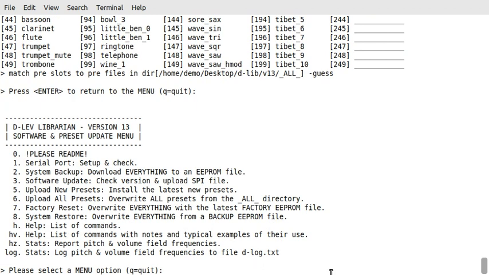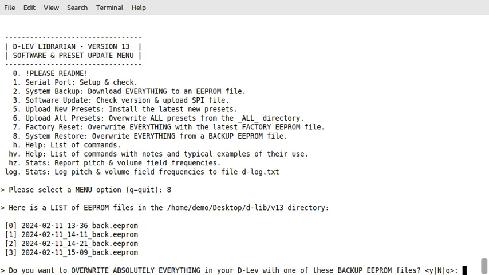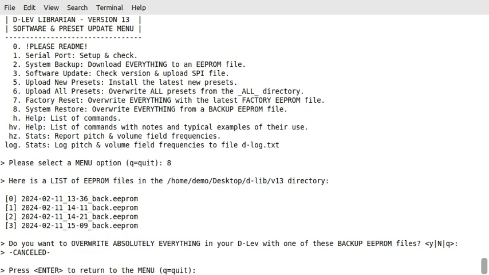So, let's see. I want to show you option 8 because that's new. If we had a backup file, it lists any EEPROM files in the current directory. And you can see this is the one we just created here. It's number 3. It says, do you want to upload one of these? And I'm going to say no because I don't want to, but you could restore your system this way from the backup file we made in step 2. So, nope, no,